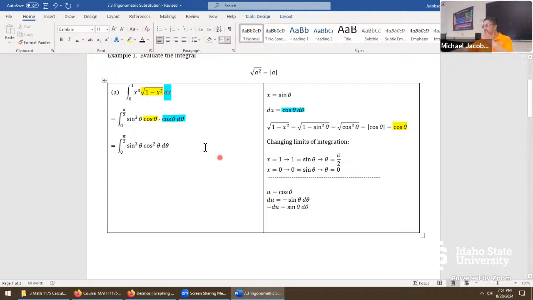Now we come back over here, and this is the step where I'm just organizing, but this is a definite integral, so you save a lot of time just by changing limits of integration again. Essentially, if you can get away with it in a definite integral, you do not want to go back to the original variable. We'll see why in the other examples, it's not actually straightforward for trigonometric substitution. Best to keep it as variable u. So let's change our limits of integration again. Upper limit is theta